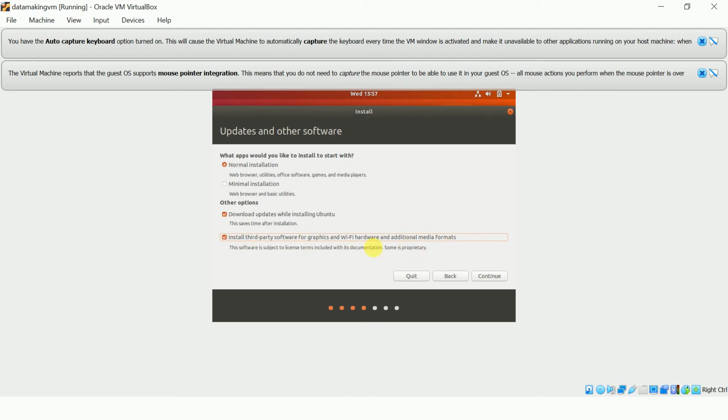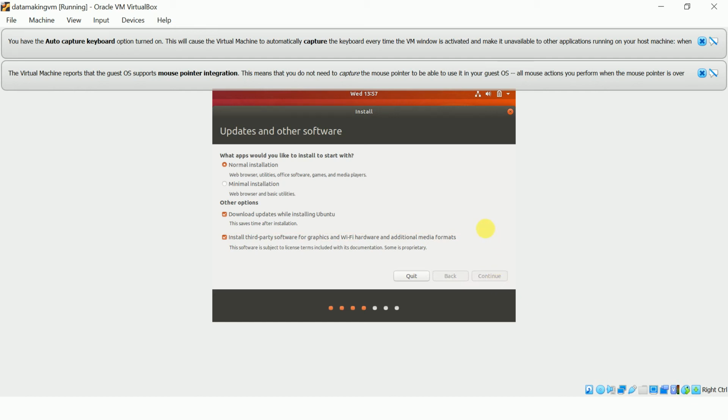Once third-party software like Wi-Fi is installed, you can directly use your host machine's Wi-Fi inside the VM also. It will be very helpful. So please check this option and click on continue.